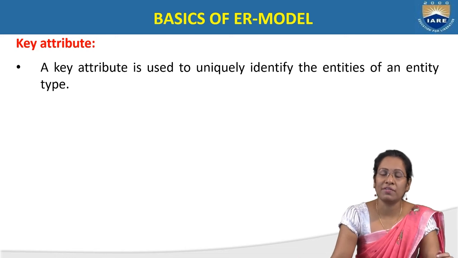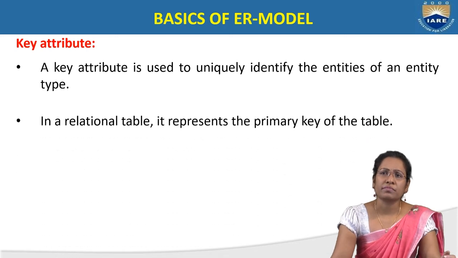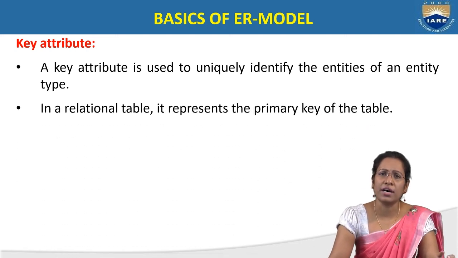Based upon the roll number, we can easily identify the names of the students, because two or more students may have the same names. It is very tough to categorize without roll numbers. It is very tough to categorize with the names. So that's why key attributes play a major role in uniquely identifying each and every record in the table. So here is the example. And not only here, this key attribute plays a major role in the relational model also